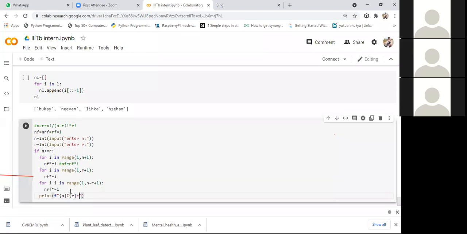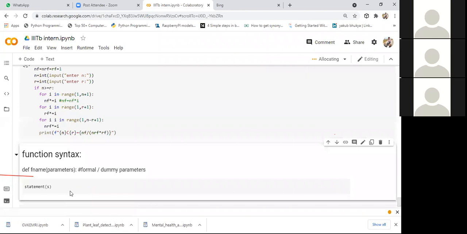Equals to, I need to display the result, and I'll specify this entire thing in a bracket: nf, n factorial, divided by nrf, that is (n minus r) factorial, into rf, that is r factorial. Okay, perfect. I want to get this thing in a result.